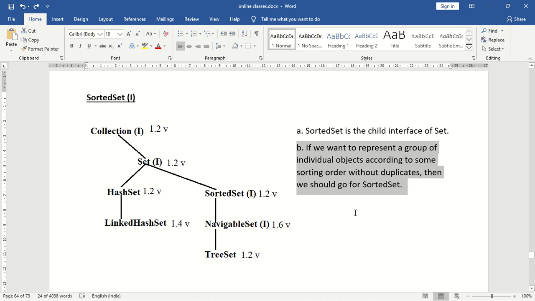If we want to represent a group of individual objects as a single entity according to some sorting order and without any duplicates, then we should go for sorted set.